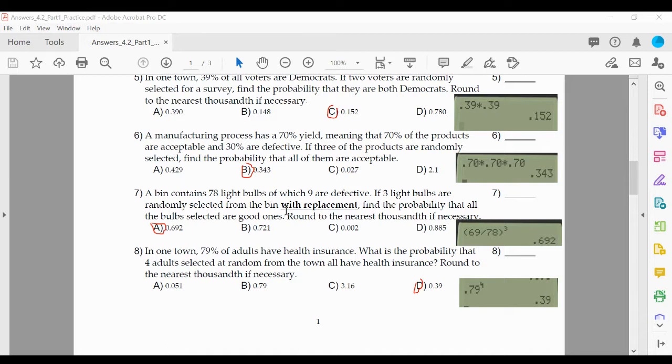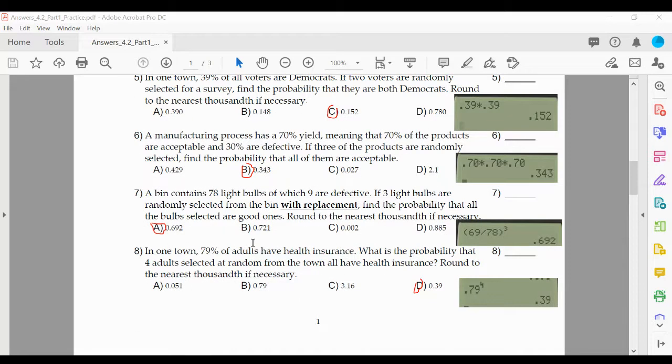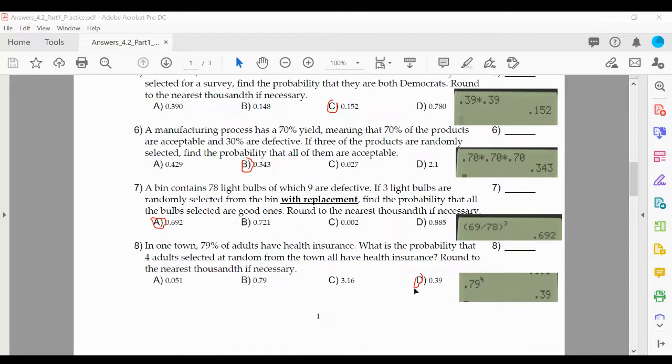Number 8 is just like number 6 and number 5. You're given a percentage of the adults who have health insurance. You're not giving a raw count. Here again, this is theoretically dependent, but with percentages, you keep it the same 4 different times. The probability doesn't change. So problems with percentages actually are to your advantage because you use that same 0.79 4